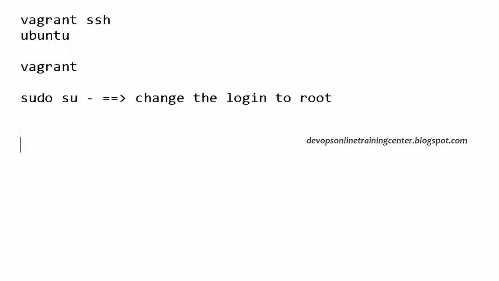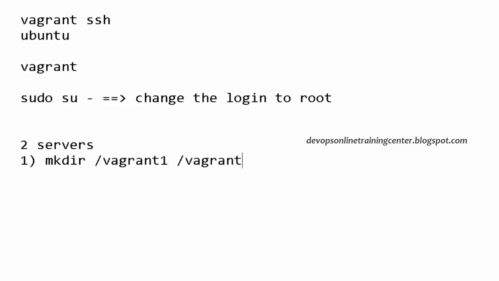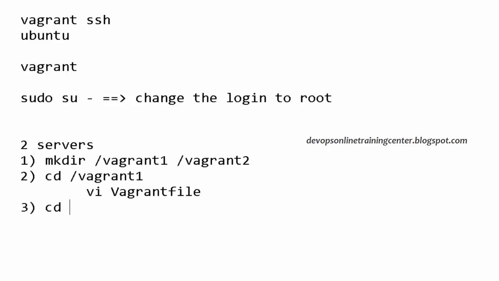So you want to create multiple servers. Let us say you want to create 2 servers. So how do we create them? One way is to create a directory vagrant1, and vagrant2. Then go to vagrant1 first, create a Vagrantfile, and add the information whatever you want. Then say vagrant up.